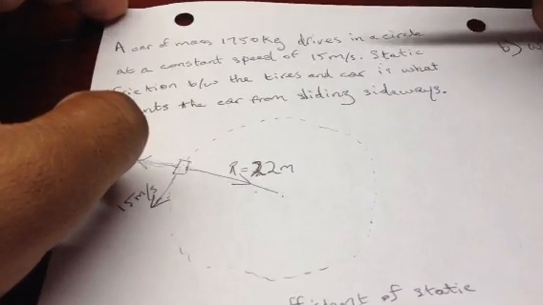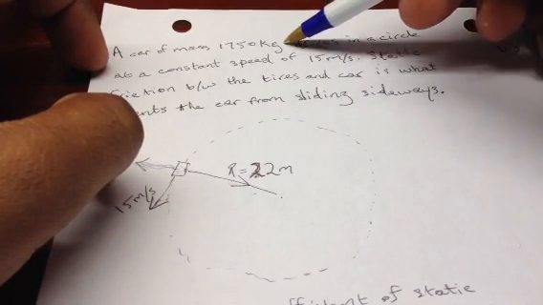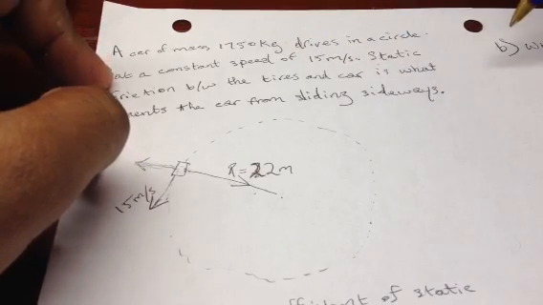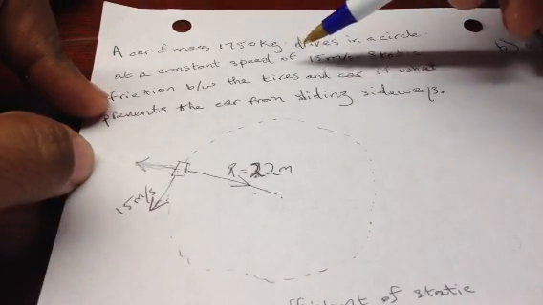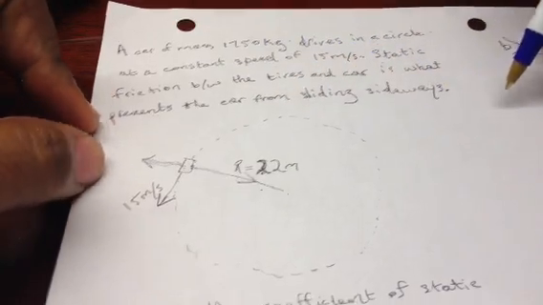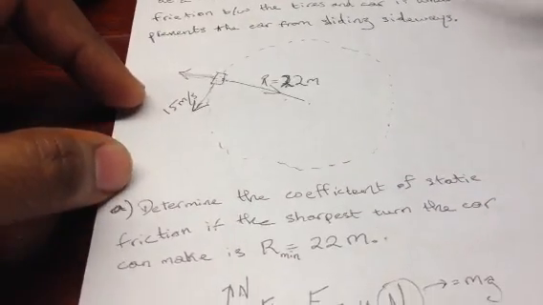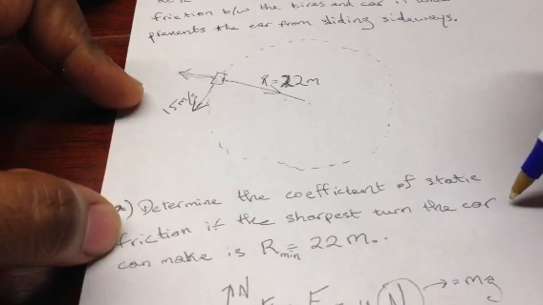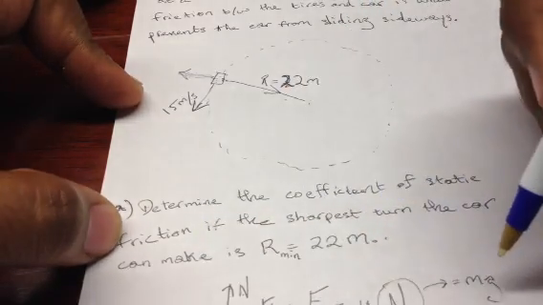Okay, so in this problem, we have a car that has a mass of 1750. It drives in a circle at a constant speed of 15 meters per second. Static friction between the tires and the car is what prevents the car from sliding sideways. Alright, our first task. Determine the coefficient of static friction if the sharpest turn the car can make is 22